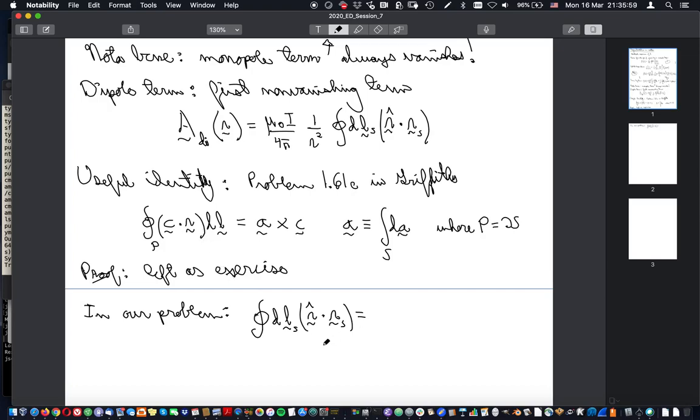So I can put this thing to correspond to these vectors in this identity, and what I get is that I can write this, just reordering with a minus sign, the minus r hat cross literally what will become this expression here,